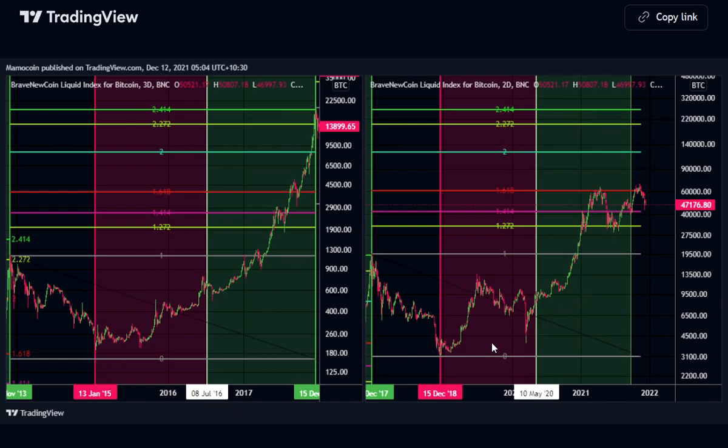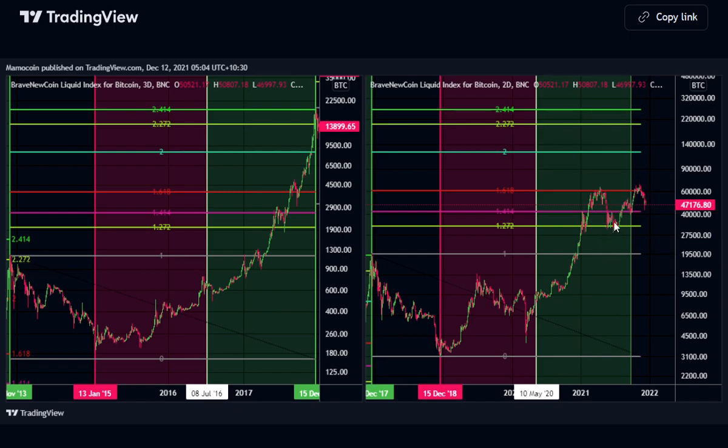And we can see we did take off a lot quicker here in our current cycle, and we did get to that 1.618 level and then get that mid-cycle correction down to the 1.272 level. And 2017 had more of these regular 30 to 40% pullbacks along the way, rather than a quick run up and then a big correction in the middle. And although I think that we're doing something more similar to the 2013 bull run,